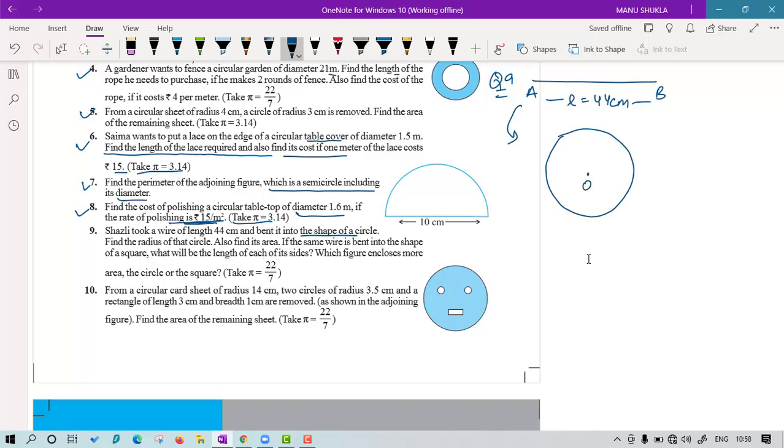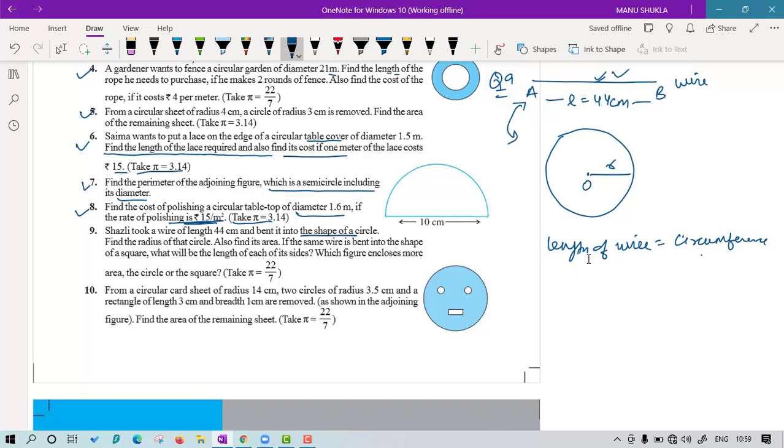Okay, so the wire is same. You have to understand, if the length of wire is 44, which thing of this circle is same as this wire? So she has bent the wire into a circle. Find the radius of circle. We have to find the radius of circle first. So class, tell me which thing of the wire and circle is same. Obviously, this wire is going in the boundary. So we have to say that length of wire is equal to circumference of circle.